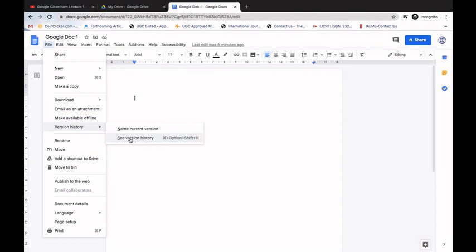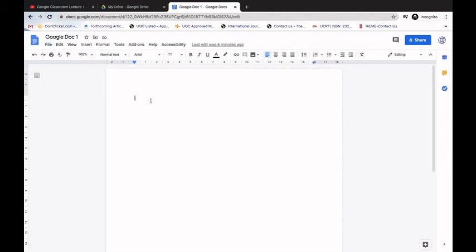Now let's move to the fourth option, that is publish on web. Now what do you mean by publish on web? Suppose I wanted to publish this document on web, and I wanted to share this document with someone who can just check the updated information. So before clicking on publish to web, let's just add certain data to our file. So let me just write, hi, how are you? Okay, so this is my data,